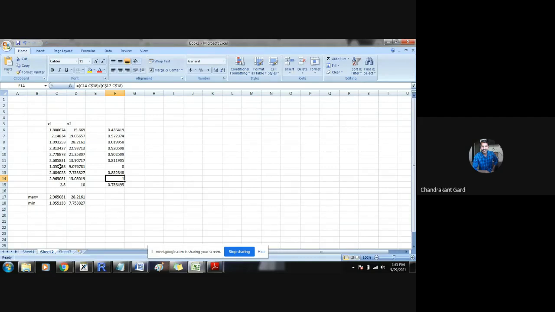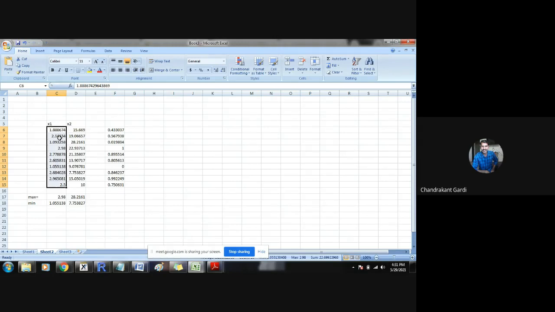Now suppose I change this particular value, say 2.81, to say 2.95, so this will be the largest observation. Once I change this observation, corresponding to it we will have 1, and the minimum is still the minimum observation, so corresponding to it we will have 0. So what happens is the minimum observation will be mapped to 0, the maximum observation will be mapped to 1, and in-between observations will be mapped accordingly.